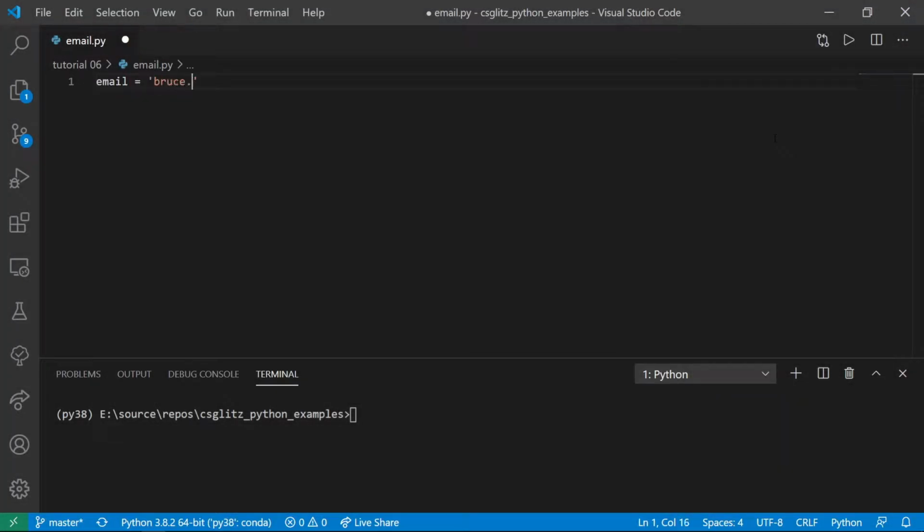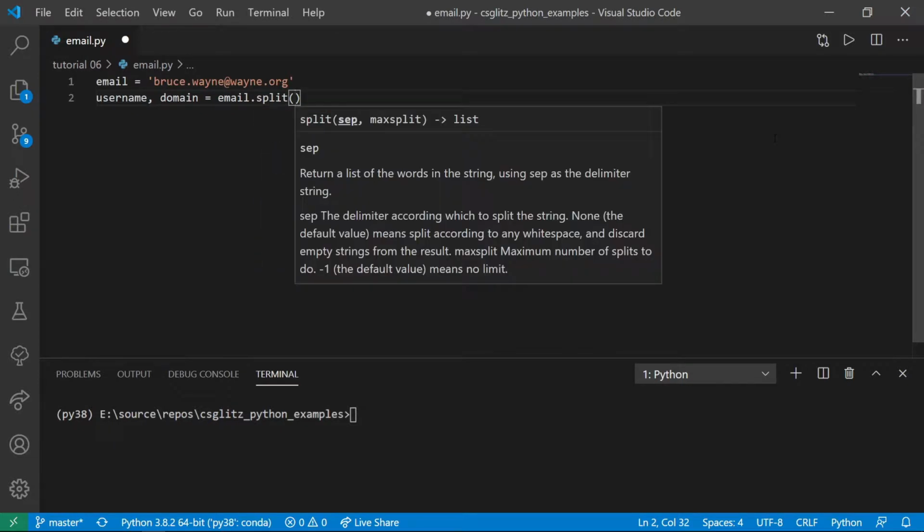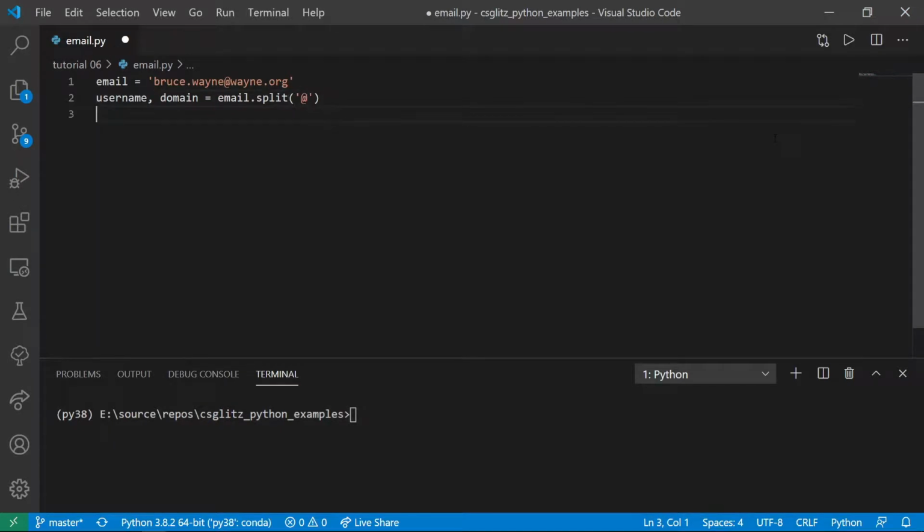Let's try to write a program that will split the email address. Split will return list of 2 elements, and we can use the unpacking to assign them to 2 different variables. Then we will get the first string from the dot splitted list.